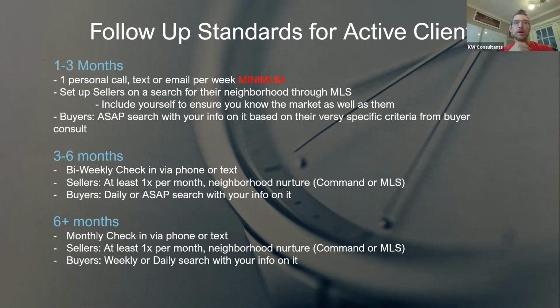And then at 6 months out, I would be doing at least a monthly check-in via phone or text. And there I would almost always do a phone or text with them versus an email, just because the 6 month thing is a weird time frame where if they happen to run into somebody else, they're getting their head kind of in the game of selling, but they're not quite in the game of selling. And so you just want to make sure that you're staying in touch with them.